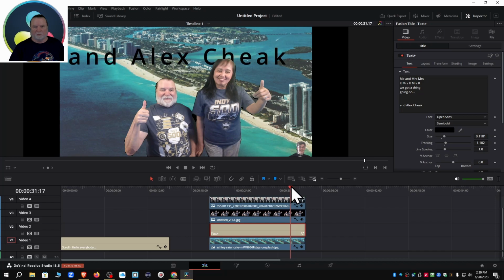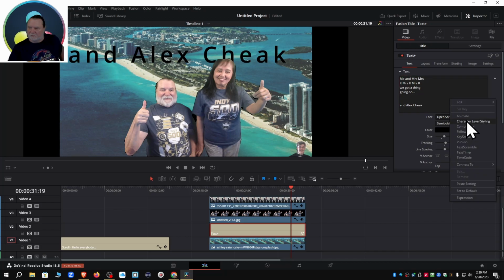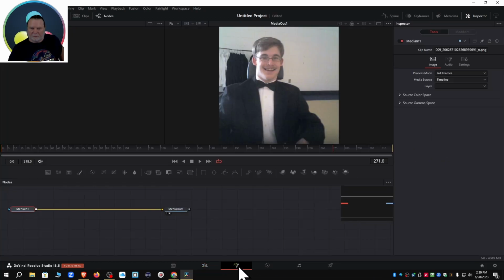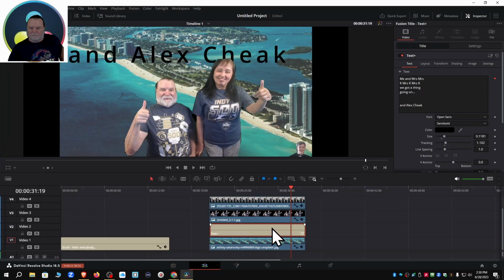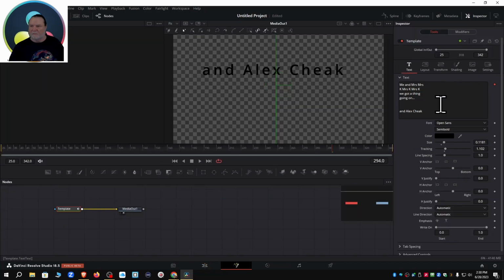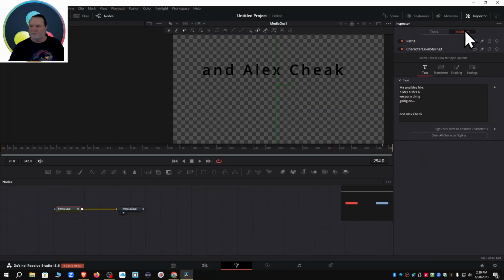Now, if I wanted to show emphasis on Alex's color, then I can come in here to this. I can right click this. I can do character level styling right here. I can go into, I believe, the Fusion page, and that's not it. Go back to there. I do know how to do this. Go into effects. There we go. Then I go to modifiers. Now I should be able to